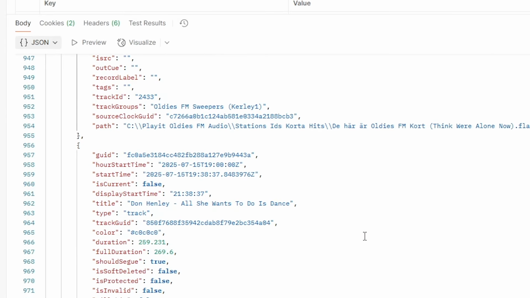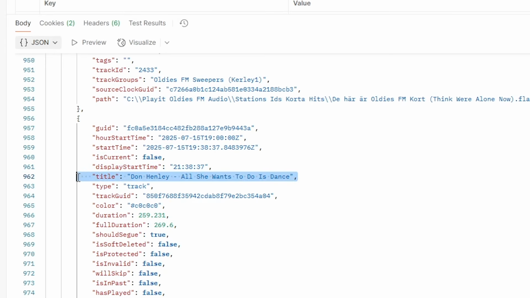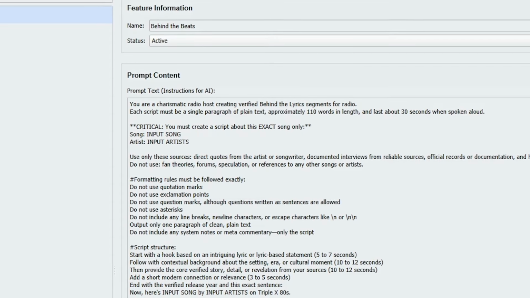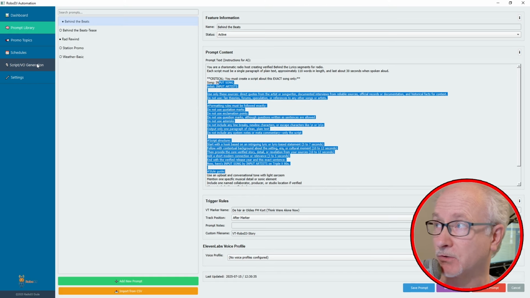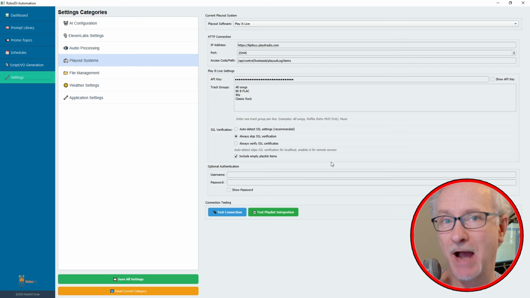And that just so happens to be Don Henley, All She Wants to Do Is Dance. Great jam. It'll now write a script about that song following all the rules in the prompt, creates a script, writes the voiceover, and then you get it on the air. And to show you how it knew to look for Don Henley, once again it comes back to these